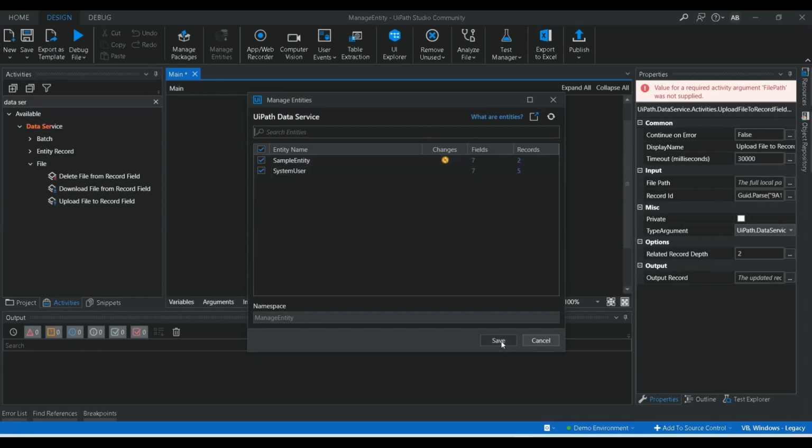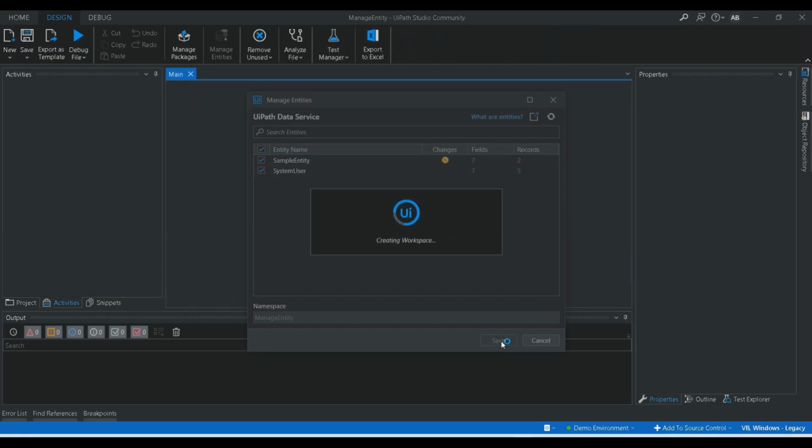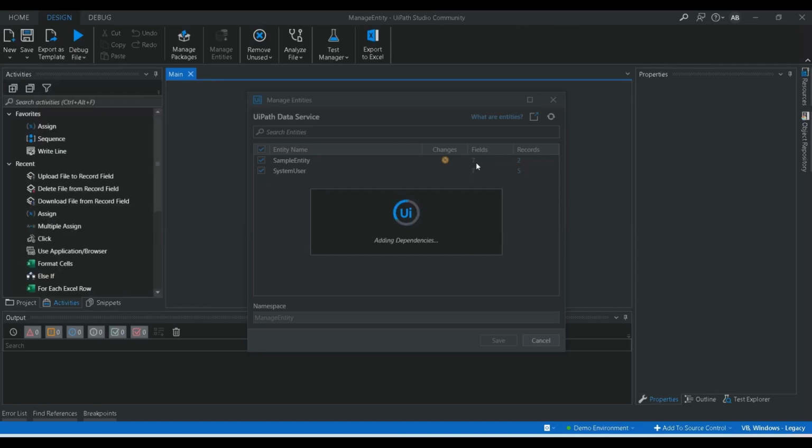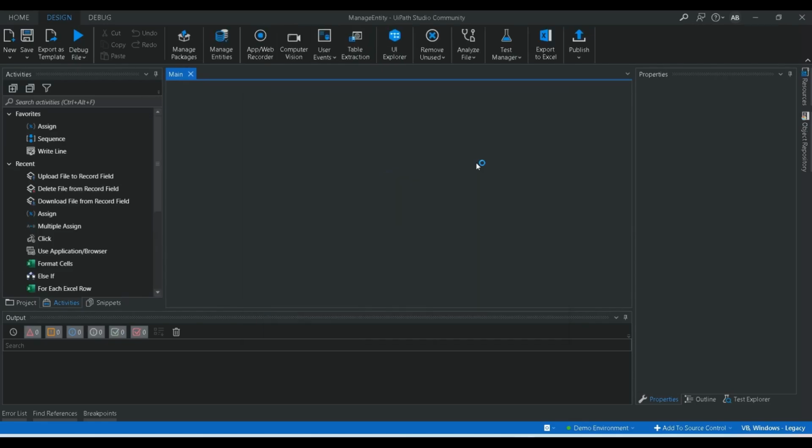So I'm just going to save it. Earlier there were only 7 fields. Once you update it, you will be able to get all the fields which you created in the orchestrator.